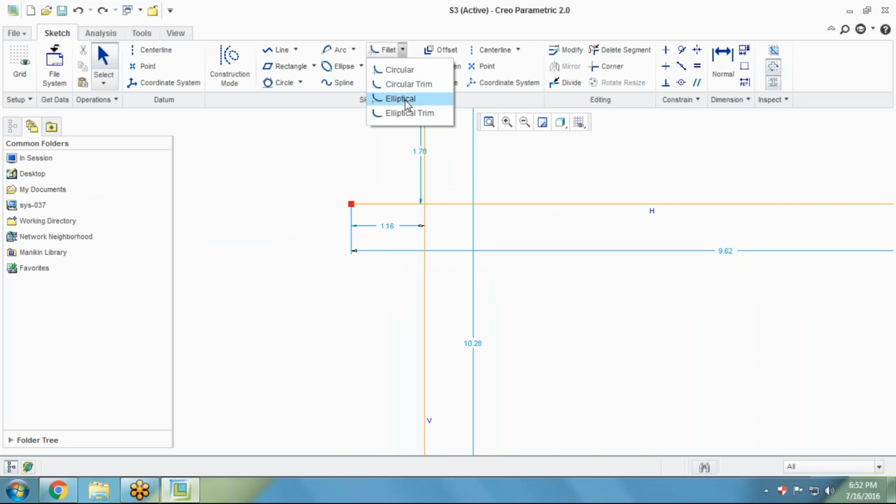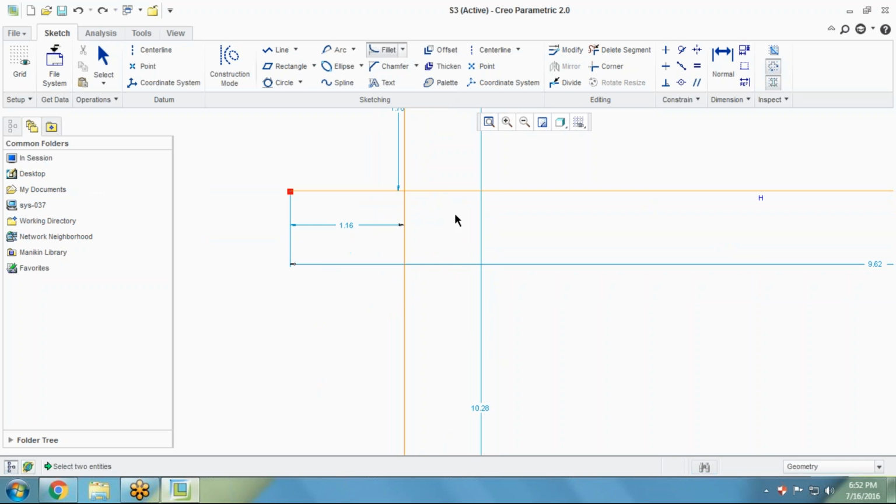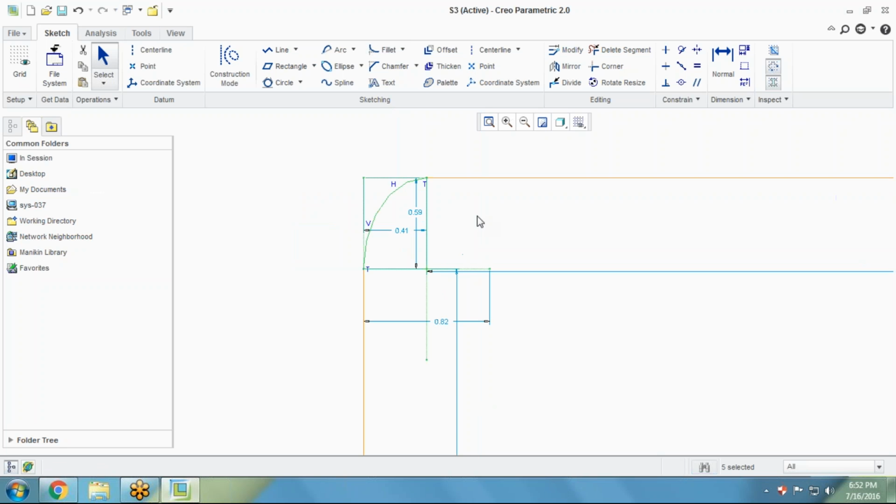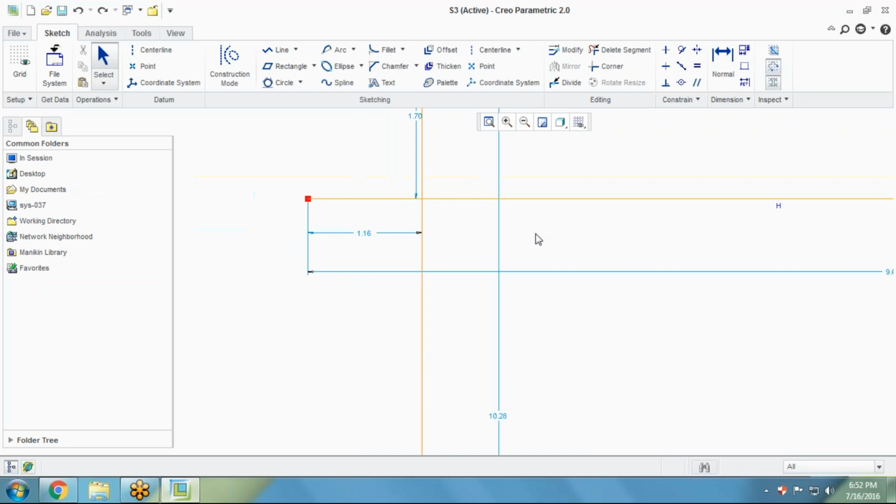And after that we can see one thing, elliptical, but that is not for any need because we don't use this. It doesn't show you the radius, it shows you the distance from one point to the second point with respect to the center point. And now after that we can see there